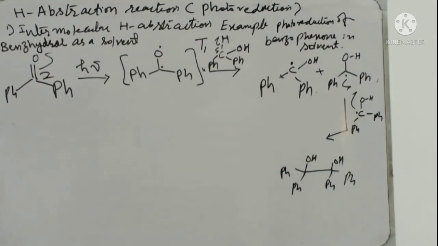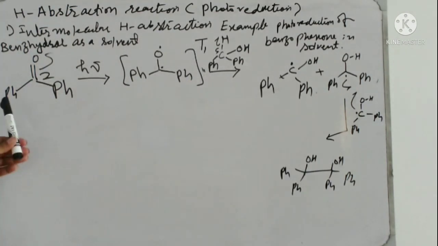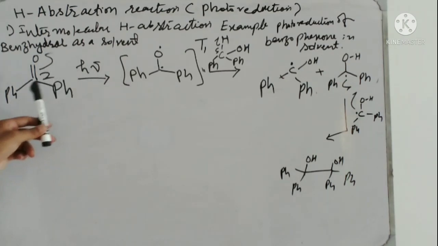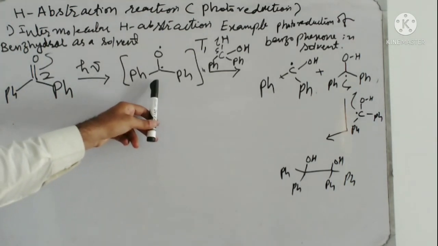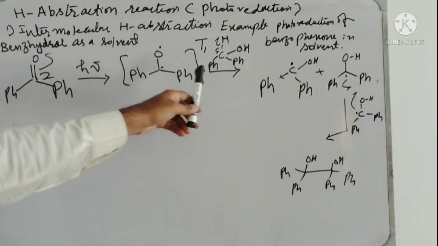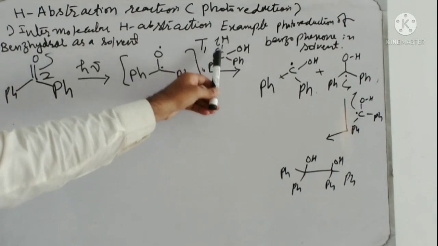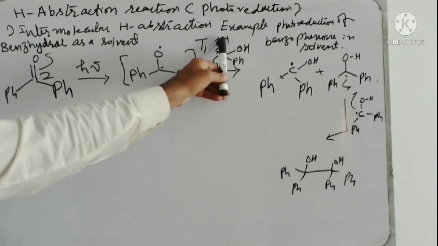This is another example of photoreduction of benzophenone in a solvent. Here the solvent used is benzhydrol. Starting from benzophenone, when photoirradiated, it is excited to the singlet state. Then this singlet state, through intersystem crossing, forms this triplet state. In the benzhydrol, this CH bond undergoes homolytic cleavage to produce a carbon radical and a hydrogen radical,